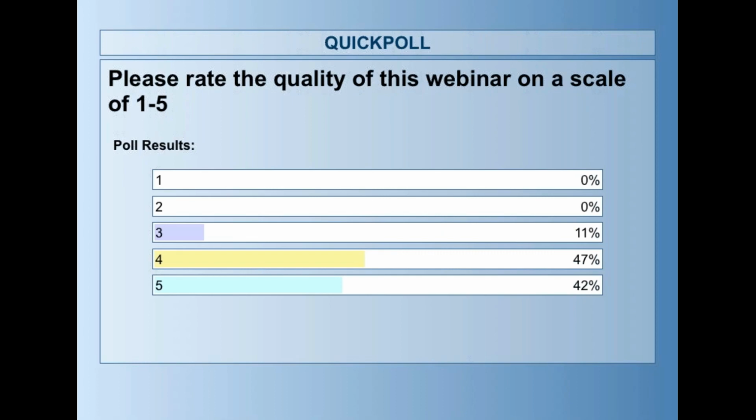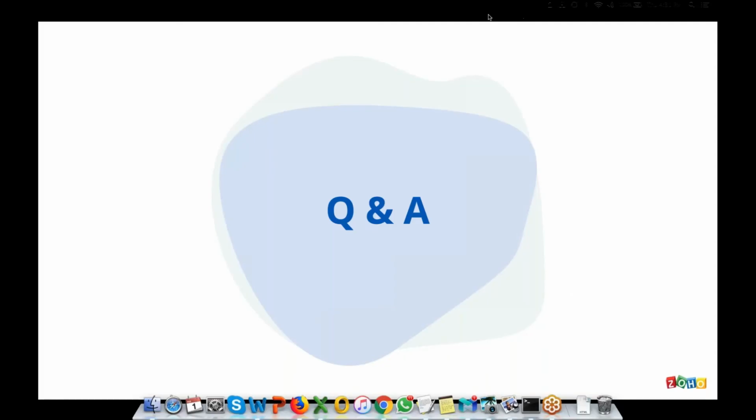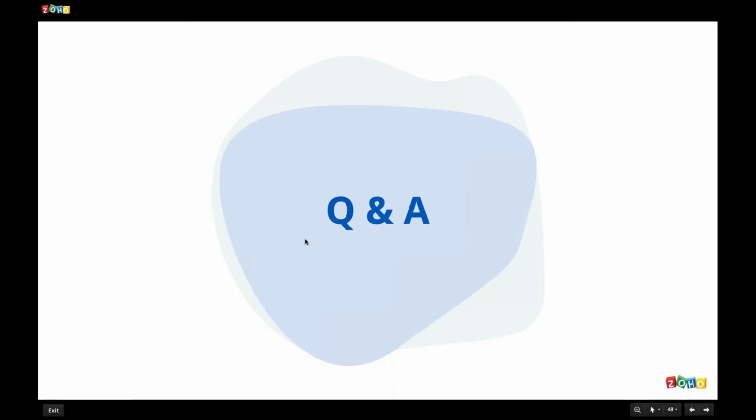Now, jumping on, enough of our own trumpet. So let's go to the Q&A session. I also want to quickly drop in a word of appreciation to Priya from the product management team, Jody from the product marketing team, and also Chakrapani from our user education team. Those are the guys who've been really, really helpful in answering the questions on the fly.